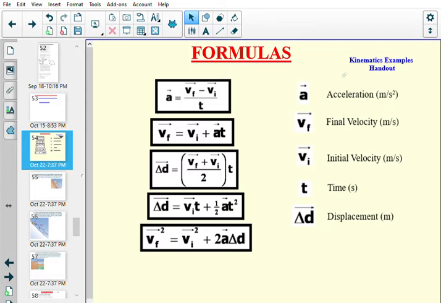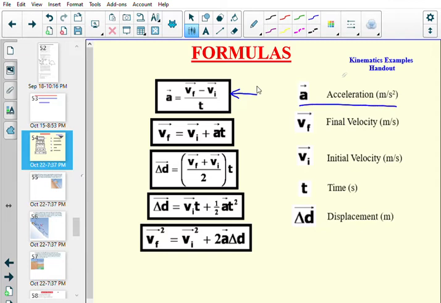The traditional one that you see has Vf minus Vi over t. A reminder of what some of those symbols are. Over here you'll see the acceleration. We generally list that in meters per second squared, remembering that that's how fast you're speeding up or slowing down. It's a change of meters per second every second, which is equivalent to meters per second squared. That's the acceleration. So when you see that unit of meters per second squared, you know you're dealing with an